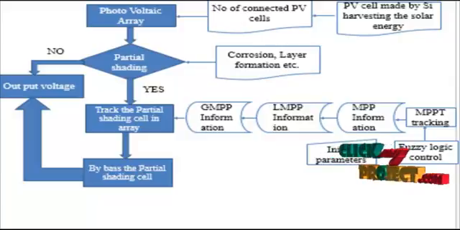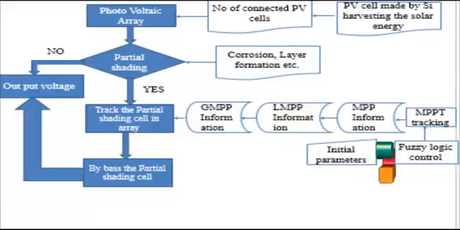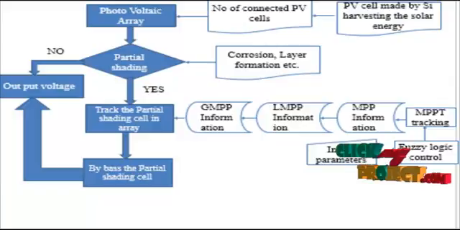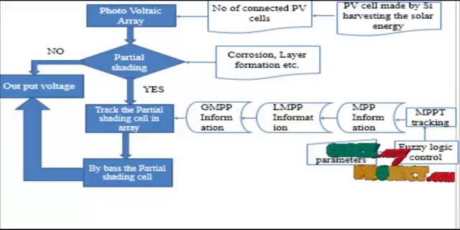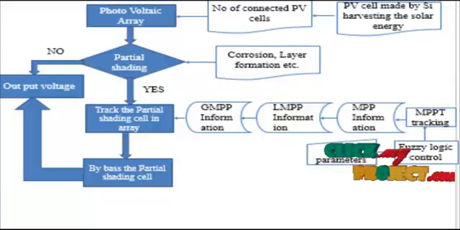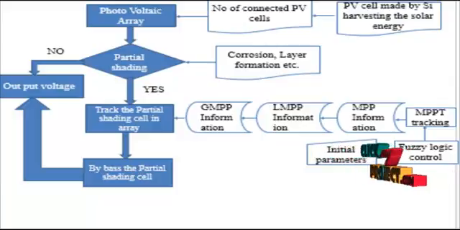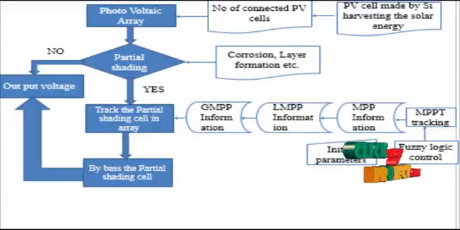So initially we are giving the PV cell made of Si, harvesting the solar energy. We give the input for the solar panel and the number of connected PV cells. The PV array has 4 PV models connected in series under uniform irradiation conditions. The typical I-V and P-V curves for the PV array are under uniform solar irradiation of some watts for the PV models. The traditional MPPT algorithm can reach the peak